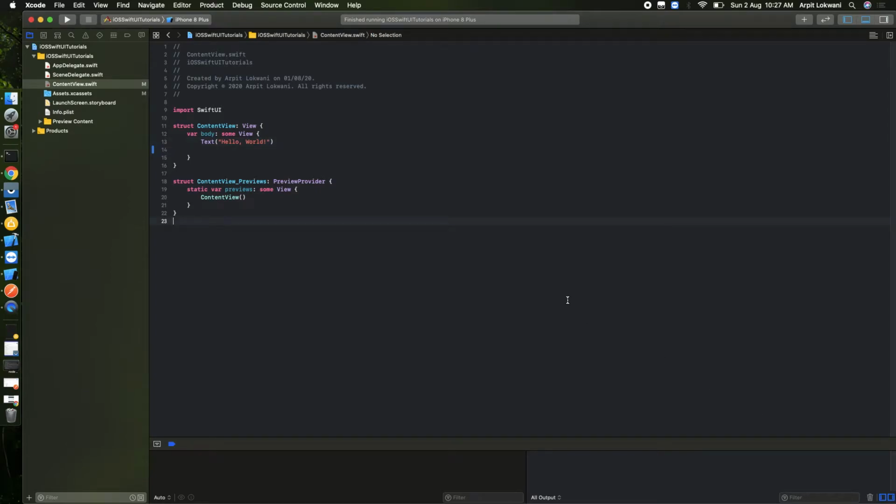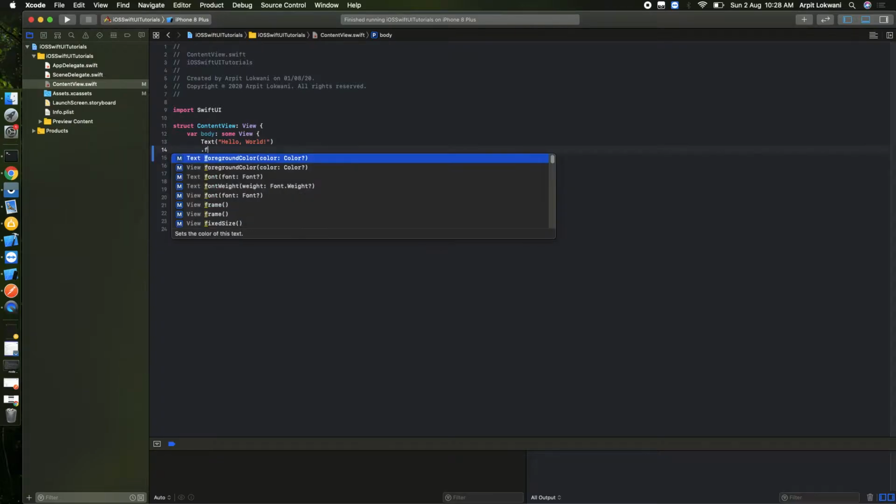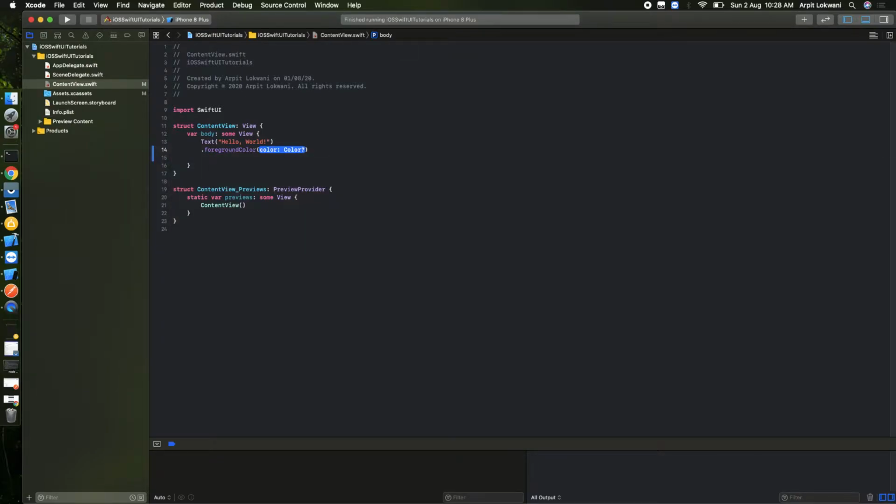So today we will see how to make custom view modifiers in SwiftUI. So what does it mean? Suppose you want to add some modifiers, say foreground color dot red, we will see. So we added some modifiers inside that. Suppose I want to create multiple modifiers on a text, we can do that here itself.